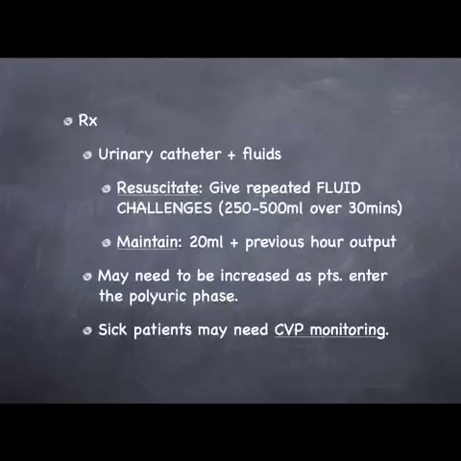In the treatment of pre-renal failure, you want to put a urinary catheter in to monitor the output and to give IV fluids. Your IV fluid strategy should consist of resuscitation and maintenance. Under resuscitation, you want to give repeated fluid challenges, and these are usually between 200 and 500 mils over 30 minutes. And then once you're getting a good output, you want to set the infusion to 20 ml plus the